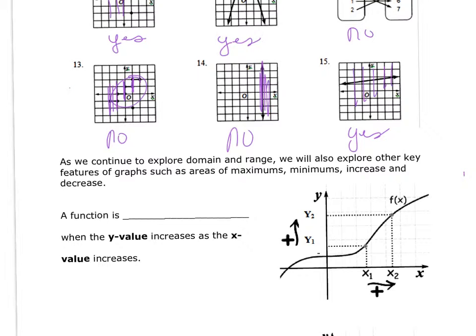As we continue to explore domain and range, we'll also explore other key features of graphs, such as areas of maximums, minimums, increase, and decrease. When we look at a graph, we want to follow a graph from left to right, just like reading a book or writing on paper. So when we follow a graph from left to right, a function is increasing